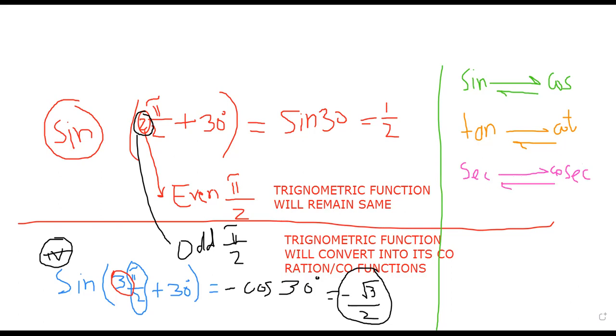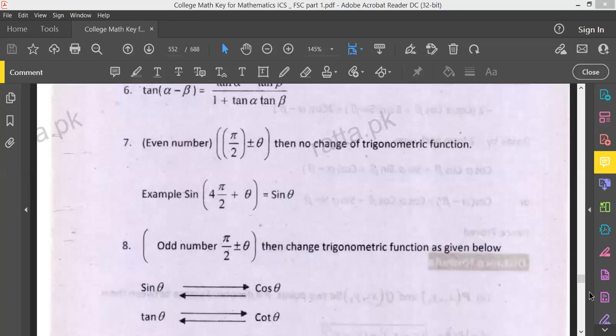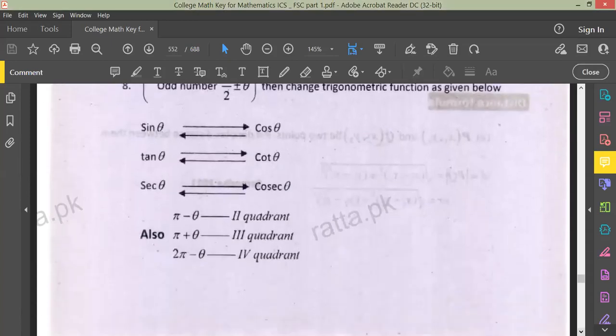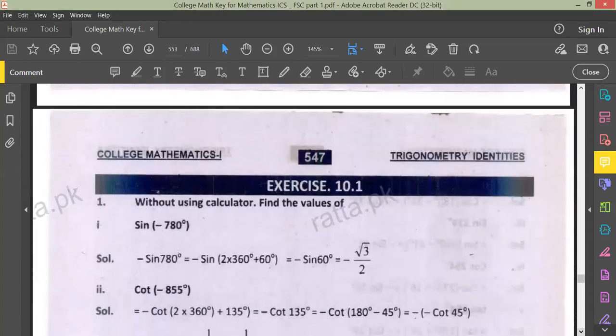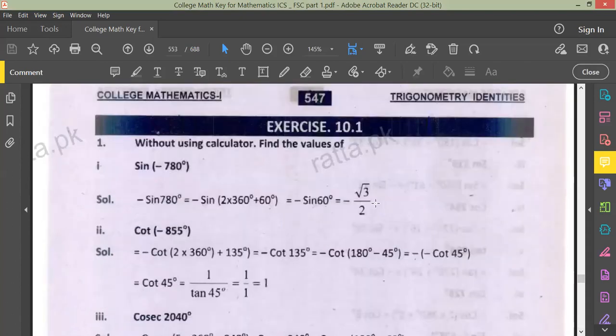Now we will discuss exercise 10.1. So this is our exercise number 10.1. The first question is: without using a calculator, find the value of sine of